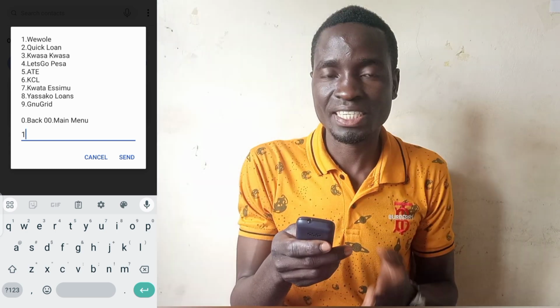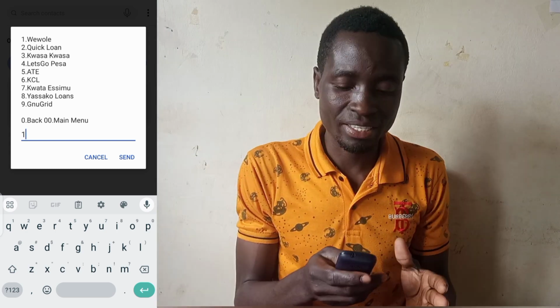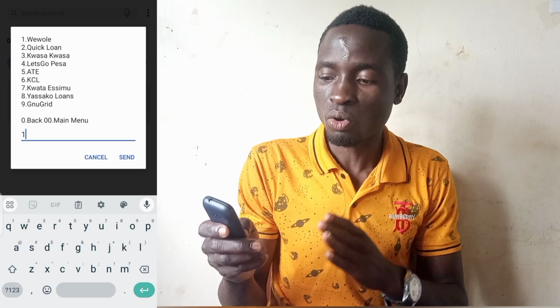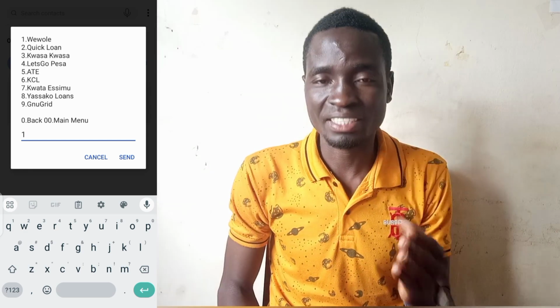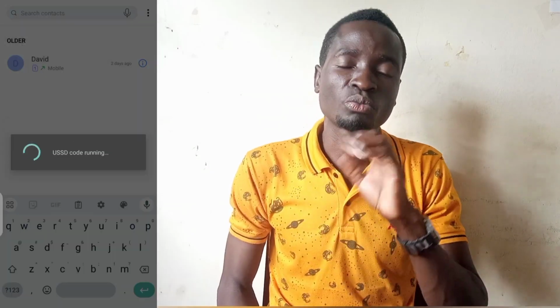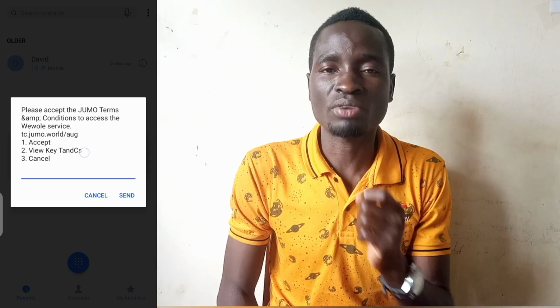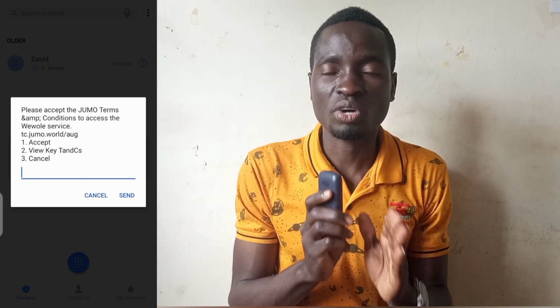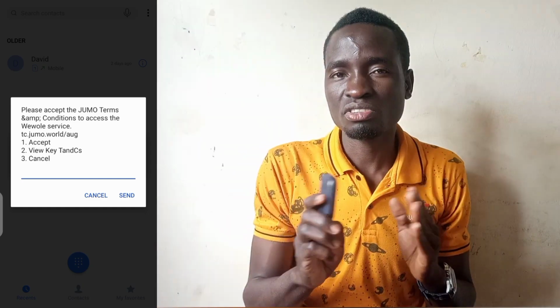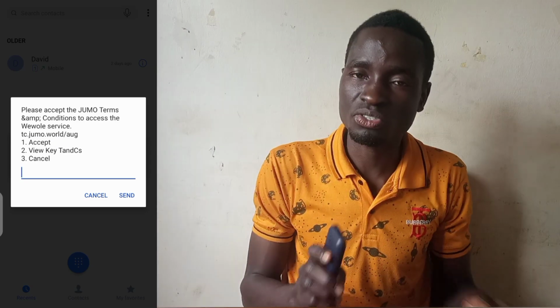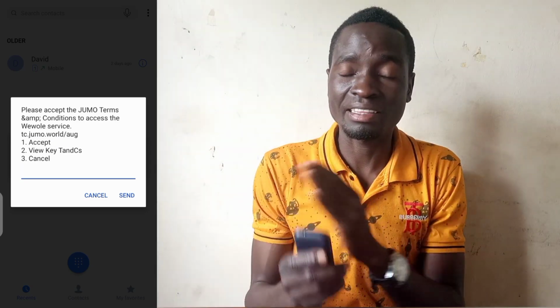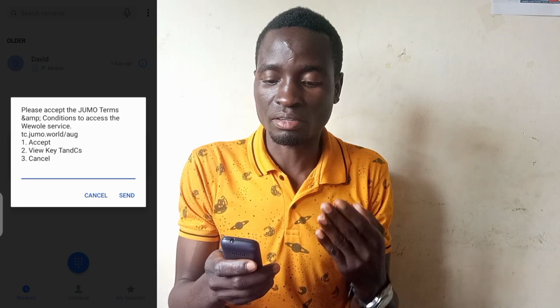So you select it. Now when you select, it's going to ask you maybe to enter your PIN, or it's just going to ask you to accept the terms and conditions. In these little things, they always give you the terms and conditions, so I would advise you to first read the terms and conditions before you activate. But of course, if you know that you can endure and there are no big terms and conditions, the big thing is only that when you get these loans, you pay them back, and they are regulated by banks